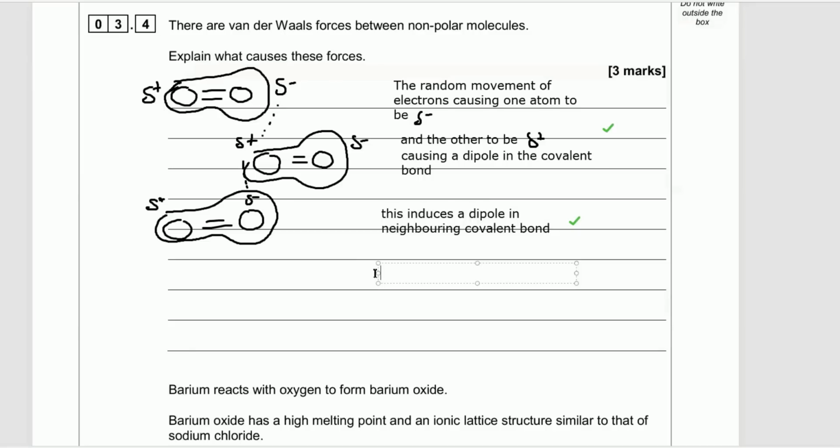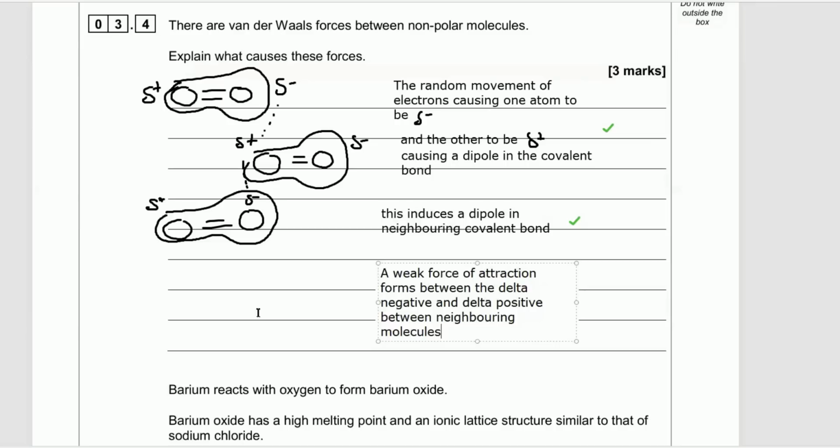There is a weak force of attraction. So a weak force of attraction forms between, I'm going to write it this time, delta negative and delta positive between neighboring molecules. So what we're saying there, that is got to be distinct, is we're talking about the electrons within